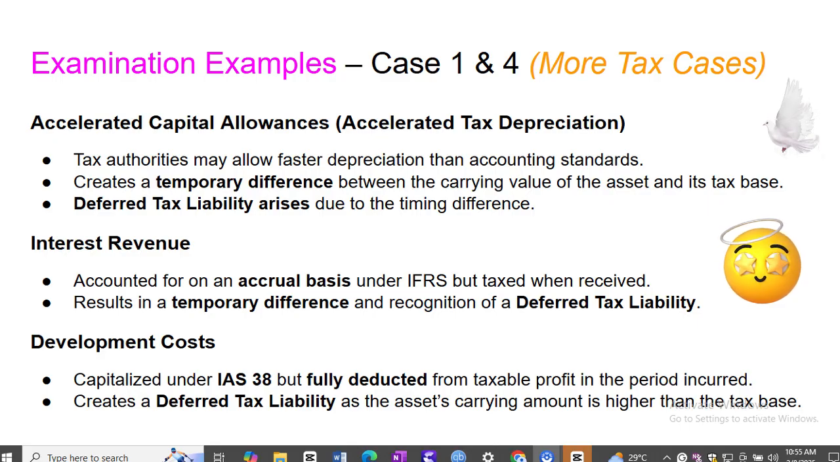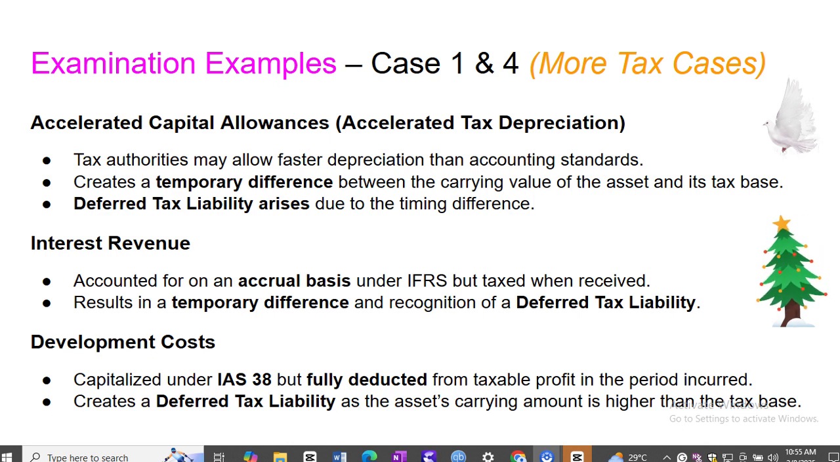But for tax purposes, you might be able to deduct those costs immediately. Exactly. And that creates a temporary difference because the asset's carrying amount, how it's valued on the balance sheet, is higher than its tax base. Okay, so carrying amount higher than tax base sounds like we're talking deferred tax liability again. You got it. Recognizing that you'll eventually have to pay tax on those development costs when you start using the